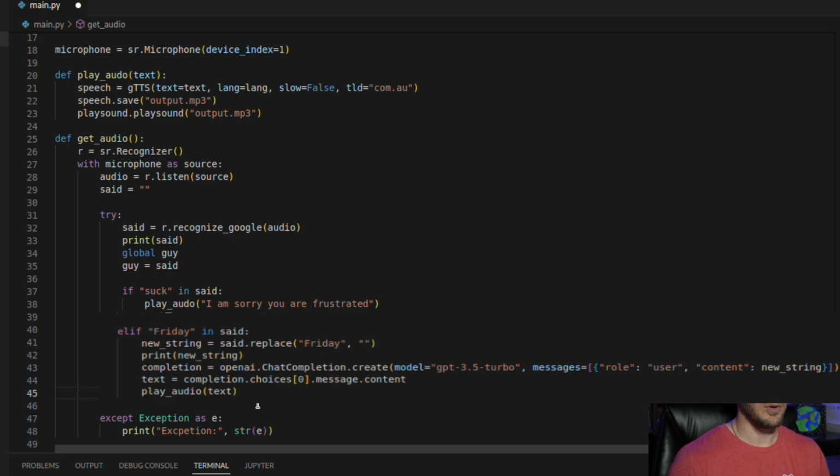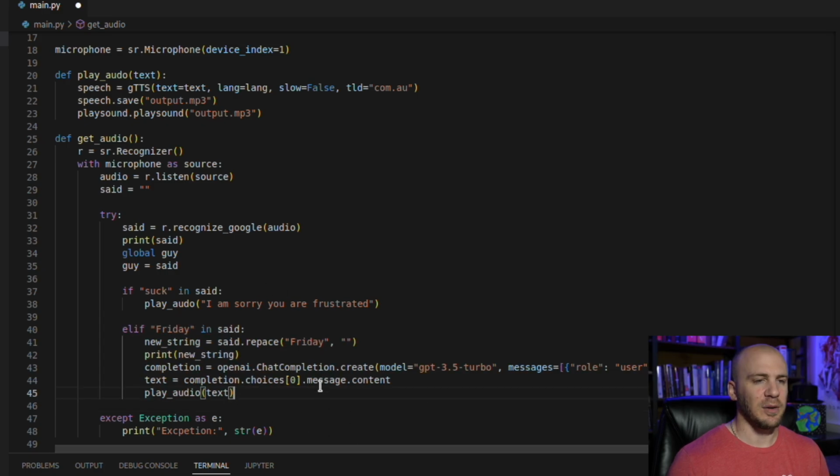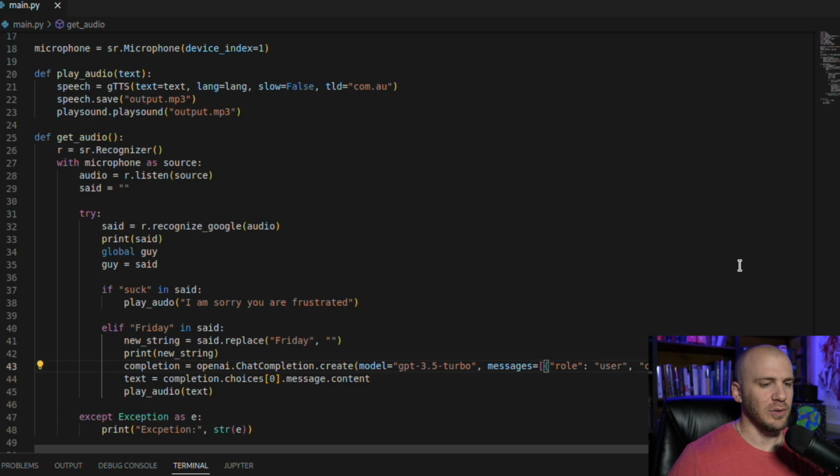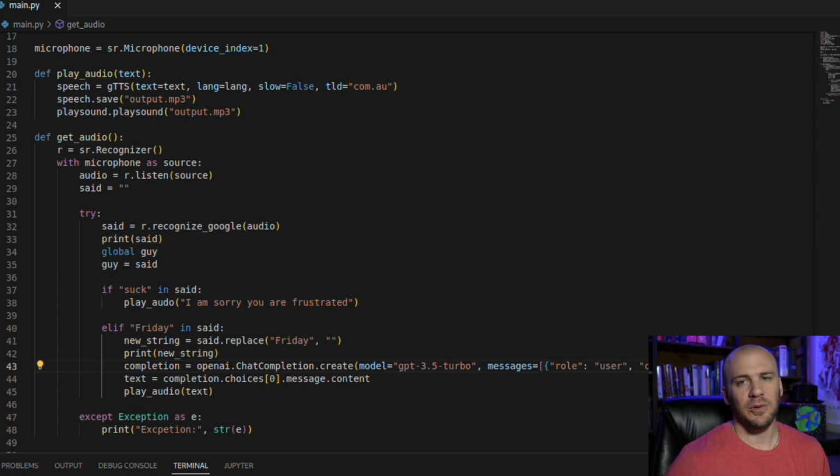But let's keep going, and actually let's test this out and make sure it works. So we can now run our program. Friday, write a haiku about Bill Gates. Ingenious Realms saw Bill Gates, tech visionary, unleashing new worlds. And so there we have it. Our program now will go out to OpenAI, and we can do anything that ChatGPT will do with our program, as well as add in some of our functionality.